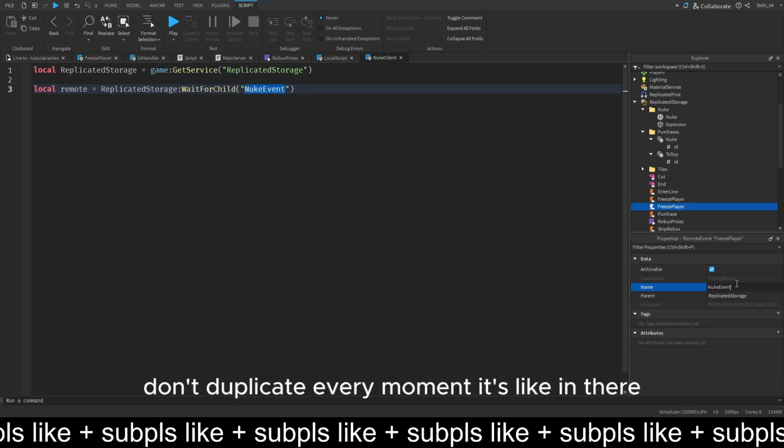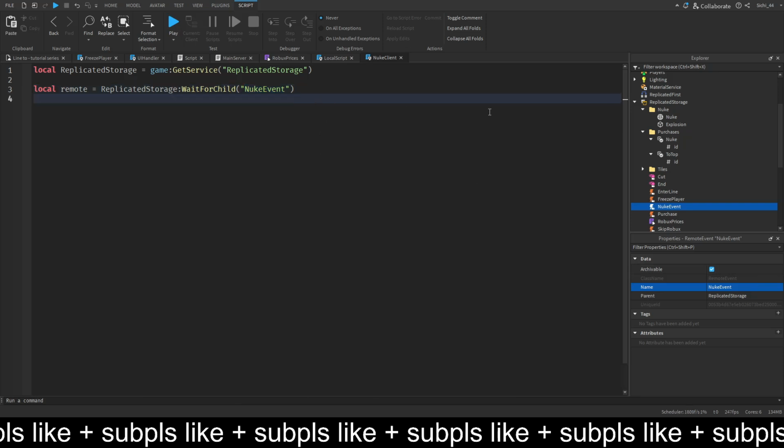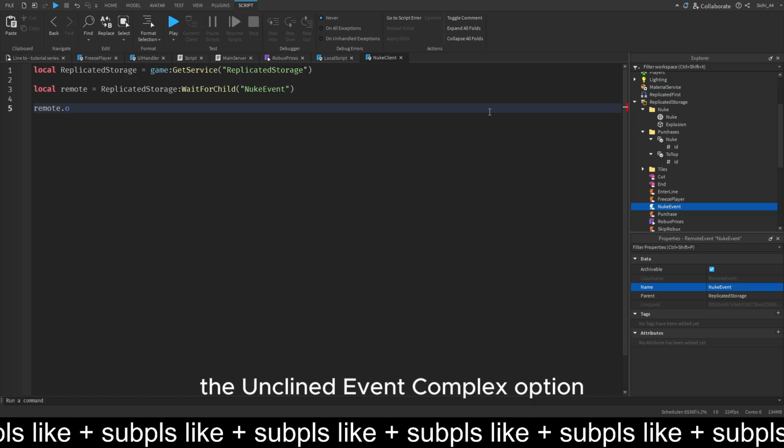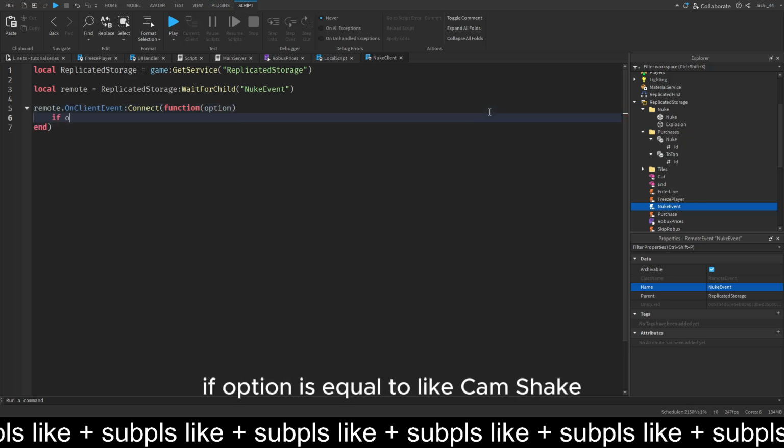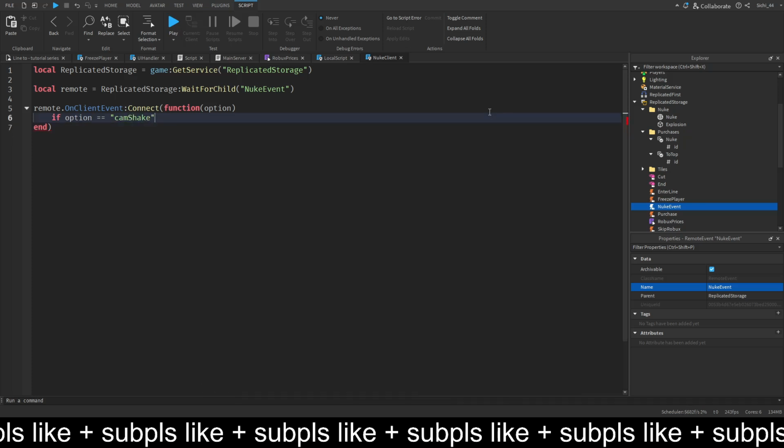Then we duplicate a remote event, put it in there. Then we do remote.OnClientEvent:Connect option, and then I'm gonna do if option is equal to like cam shake, then